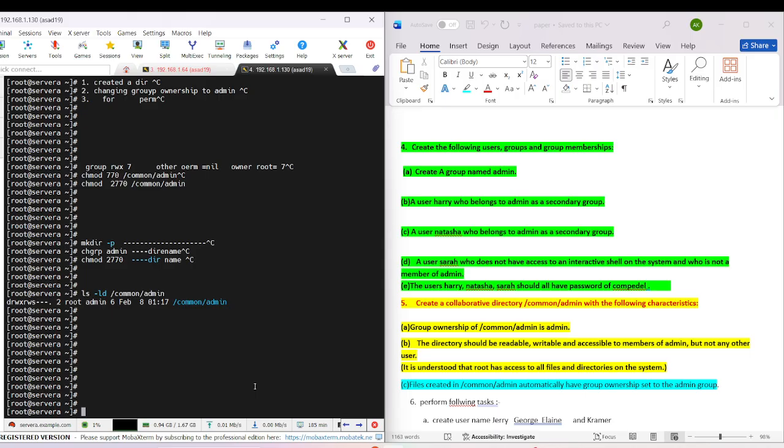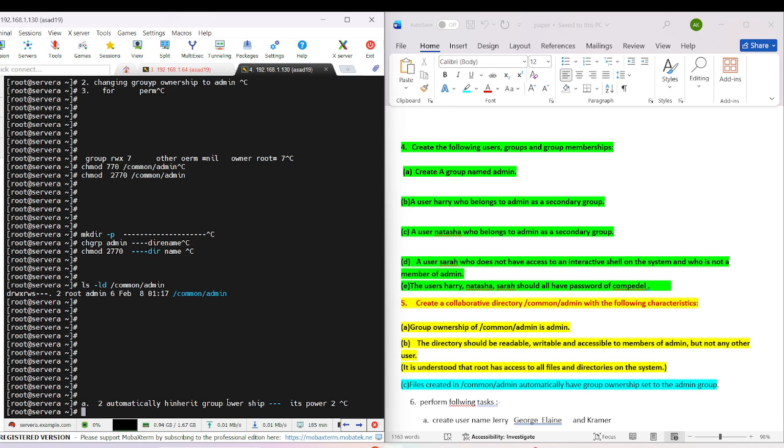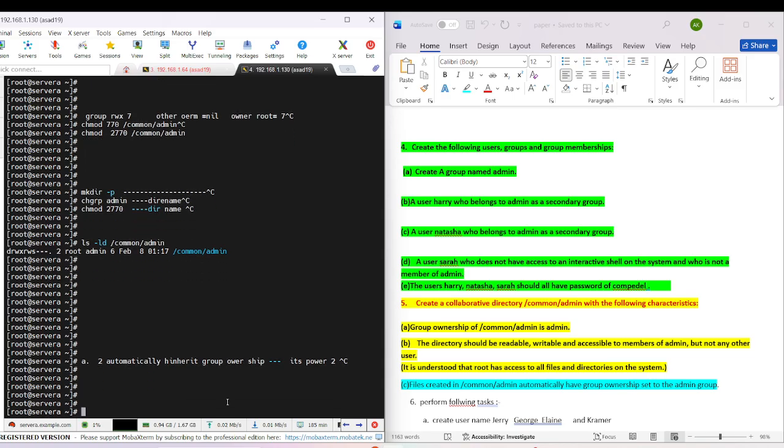We have talked about 2 special permissions. Number 1, you will see a question like this, that files created in this directory automatically should inherit group ownership, and we stated that its power is 2, automatically inherit group ownership. That means whenever a file is created, it should inherit. Let's see. For example,